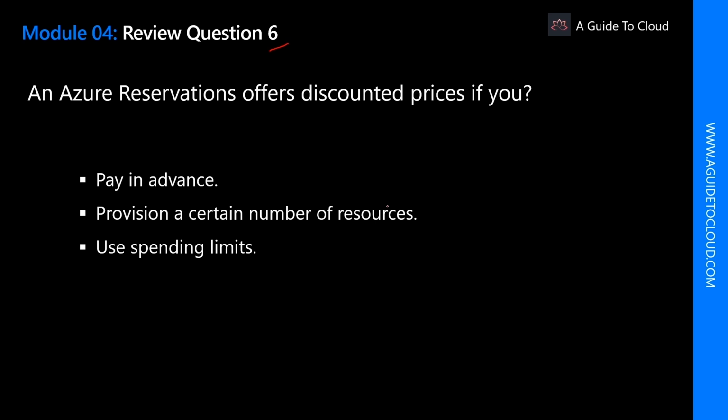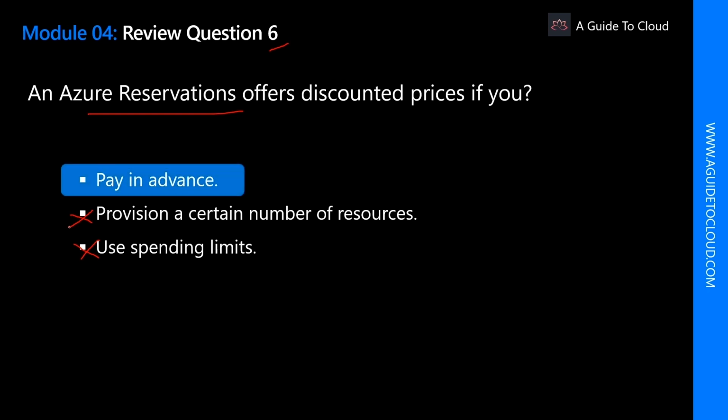Question number 6. Azure Reservations offers a discounted price if you... So how do you get Azure Reservations? Is it by using spending limits? No, spending limits can be applied to get alerts or not to go over spending in your Azure subscription. Provision a certain number of resources? Definitely not. You can get Azure reservation discount by paying in advance. So Azure reservations offer a discounted price if you pay in advance. To get a discount, you reserve product and resources by paying in advance. You can prepay for 1 or 3 years use for certain Azure resources, like virtual machine compute, an SQL